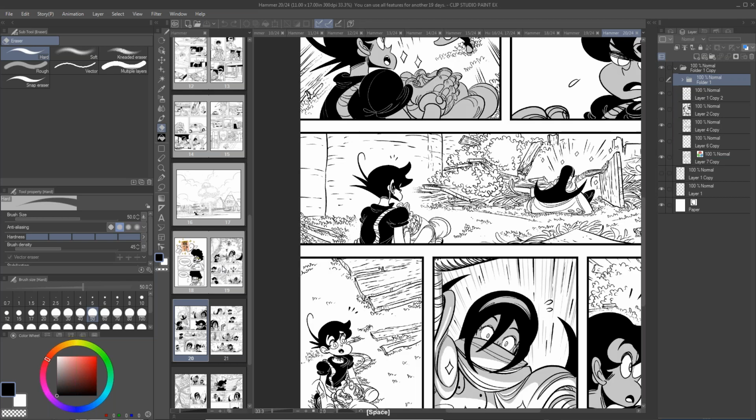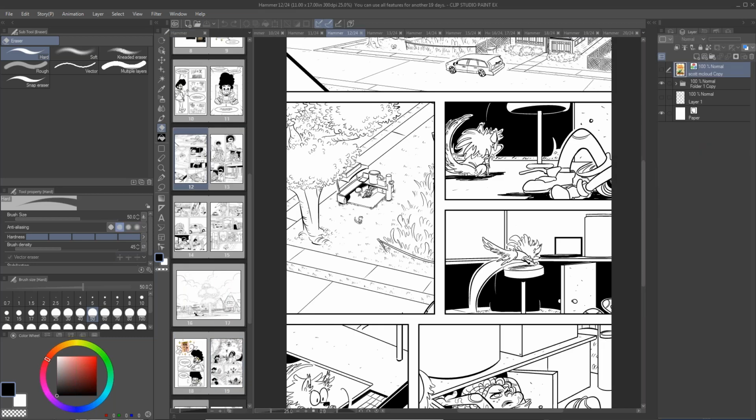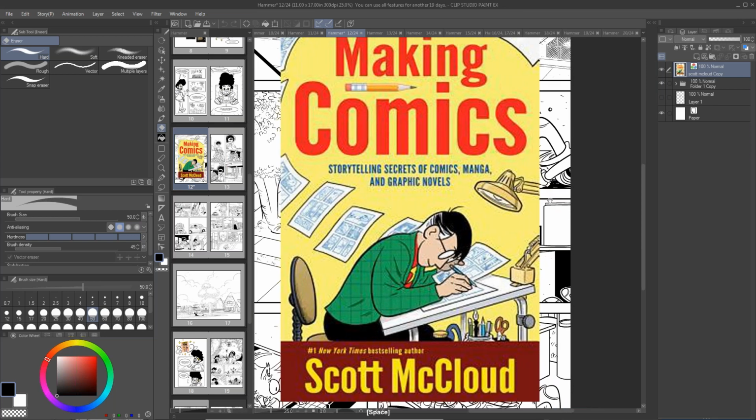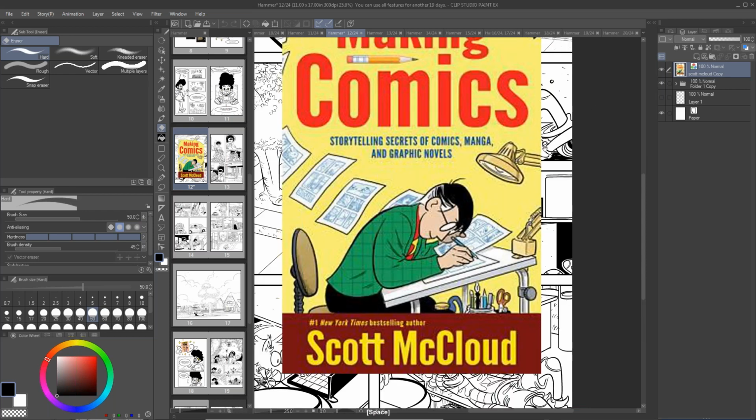Now, there are other things that you can do. Let me go back a little bit up to Lemonade Code. This is actually another trick that I am getting a lot better at. I've been practicing my entire life, and ever since I read this book right here. This is Making Comics by Scott McCloud. I totally recommend this book. He has not paid me at all to tell people this.